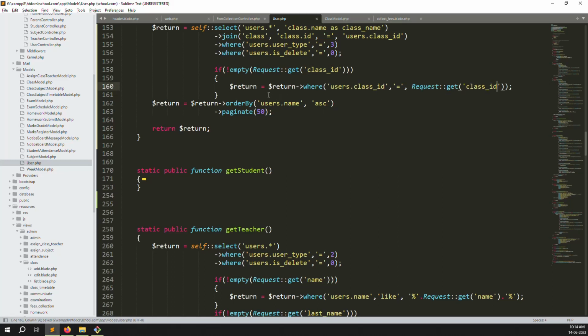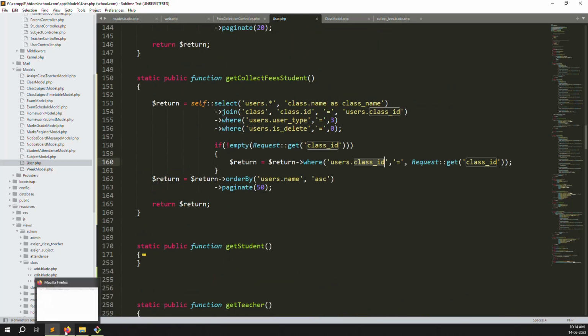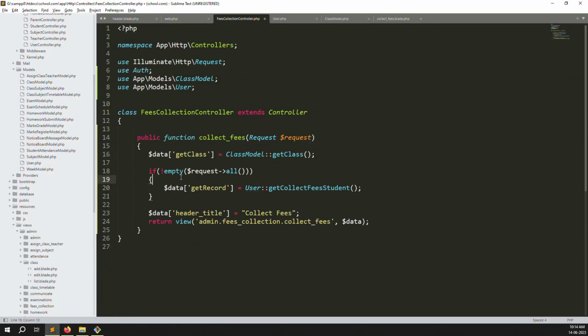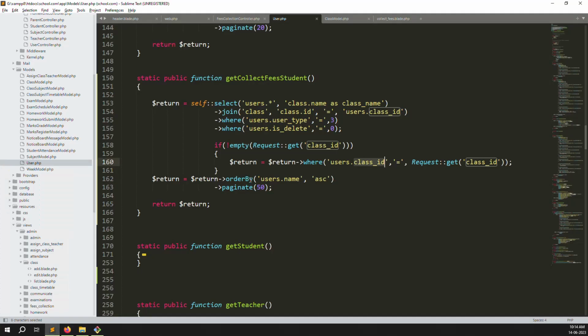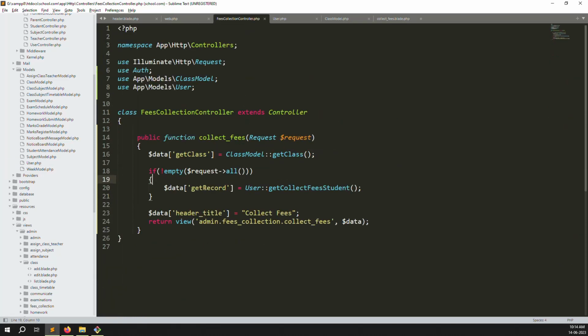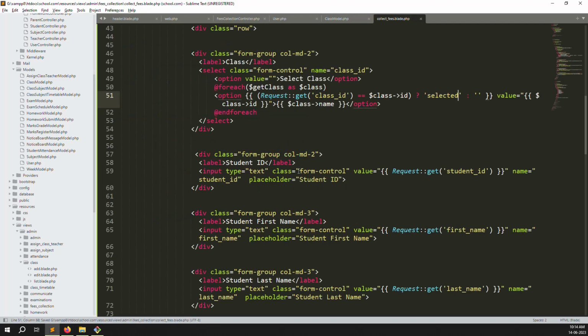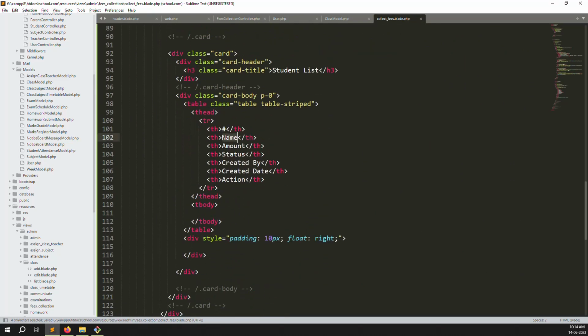So I get data only for his class, meaning whatever students are in this class, we can show them. Okay, let's save these files and go. It's working very well, no issue. So let's use the get record variable and go to the fees collection, and go down. Here I can change it to student name,